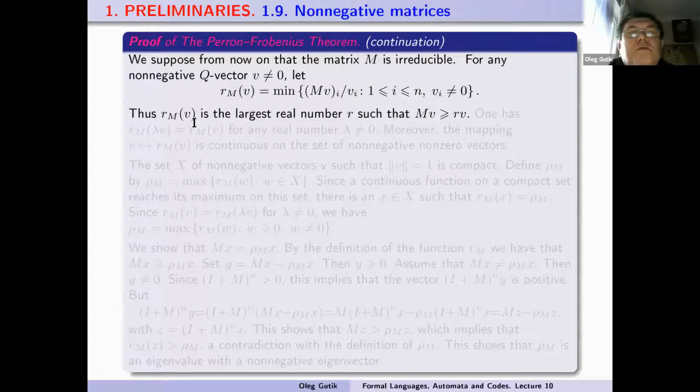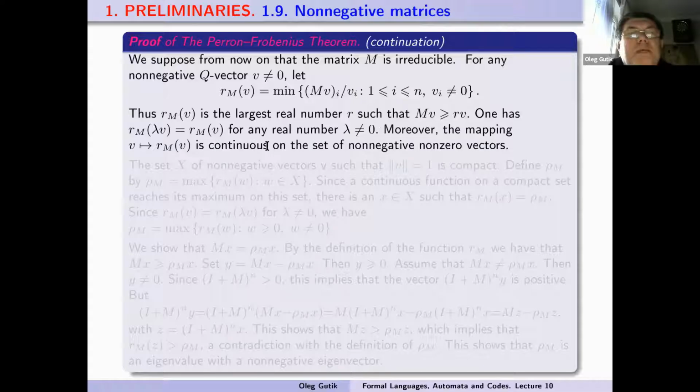Therefore, rho M of V is the largest real number R so that MV is greater than or equal to R V. One has rho M of lambda V equal to rho M of V for any real number lambda distinct from 0. Moreover, the mapping which sends V to rho M of V is continuous on the set of non-negative